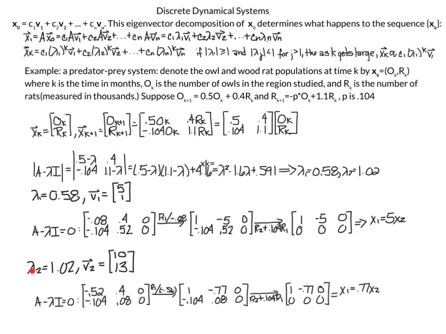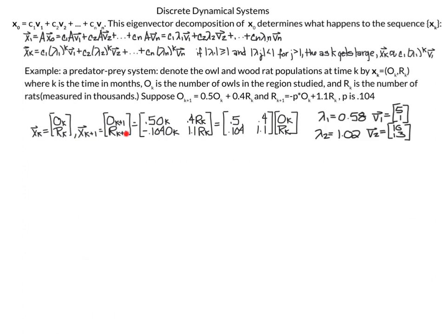Similarly, for lambda 2 equals 1.02, I get v2 is equal to 10, 13. And actually, just to let you know, I got x1 is equal to 0.77 x2, and I looked in your book and 10, 13 was a very clean way of doing this as opposed to 1 and 0.77. So I've summarized my work so far over here, ending with my eigenvalue 1 and eigenvector 1,